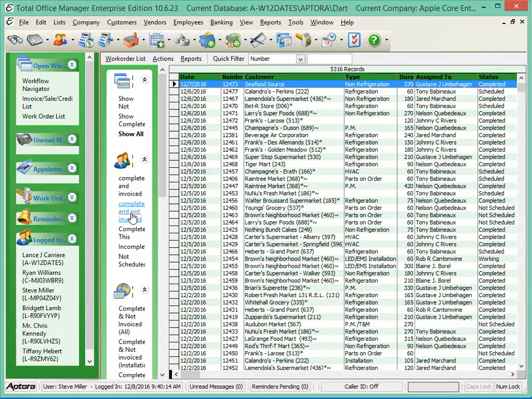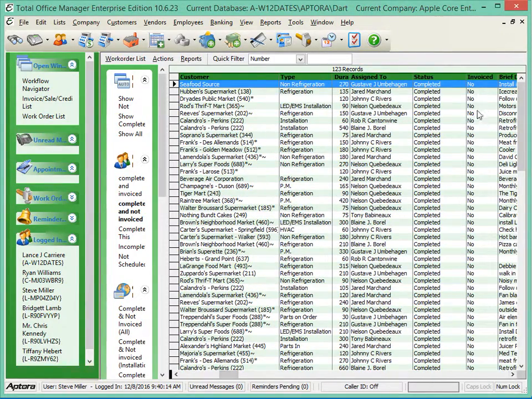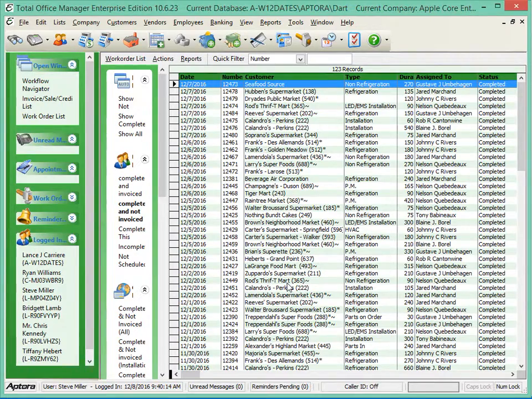I think there's a filter, completed and not invoiced, which means that the status is complete, and then if you look over here, invoiced is no. Right now we have 123 of these, and of course we create 10 or so a day based on the